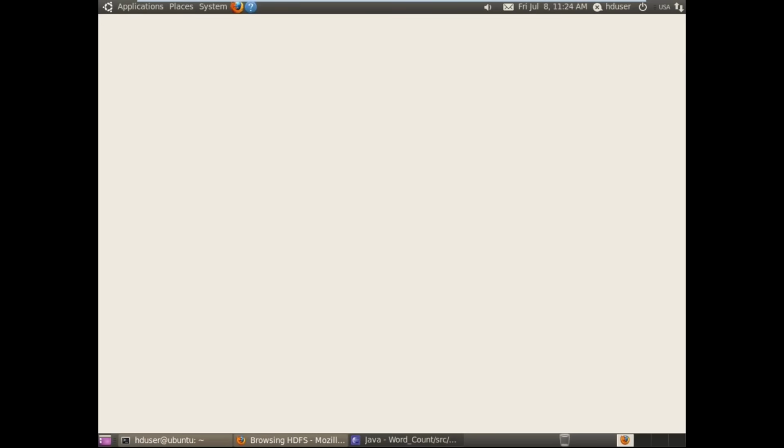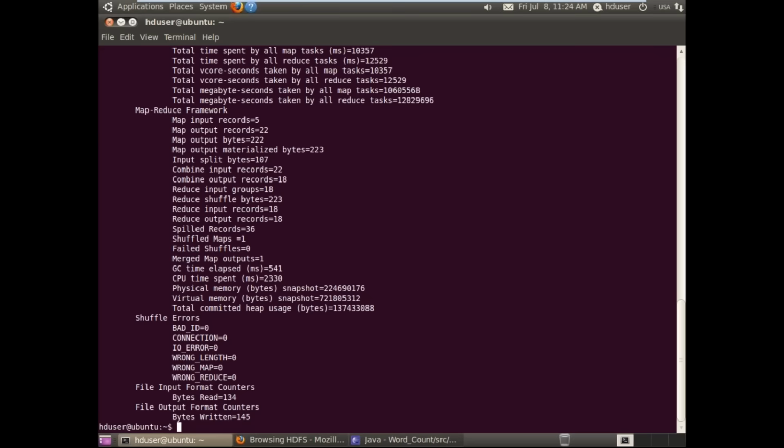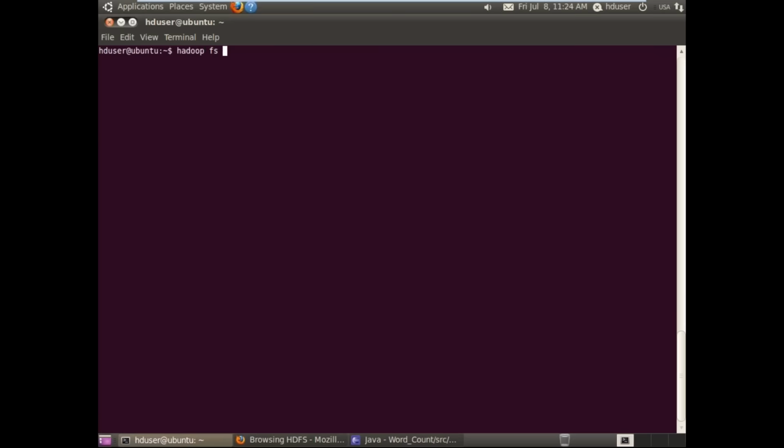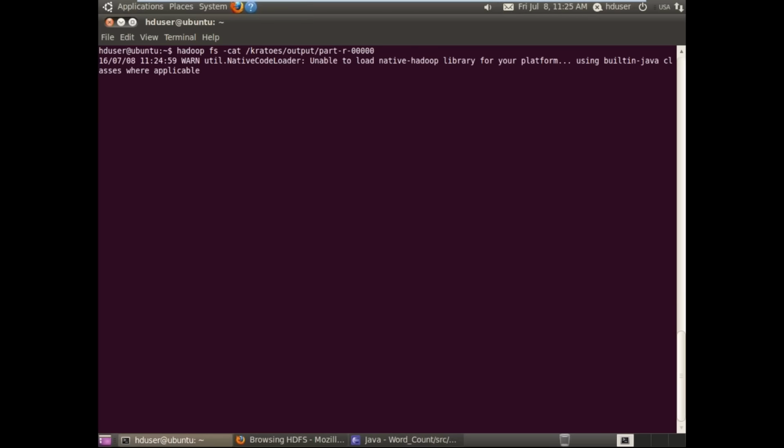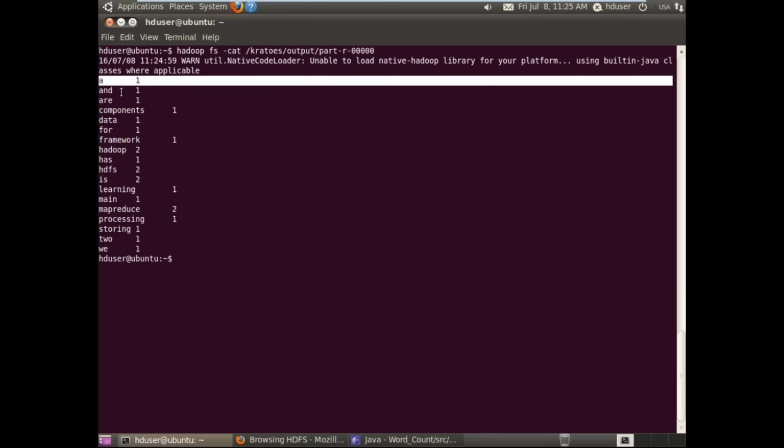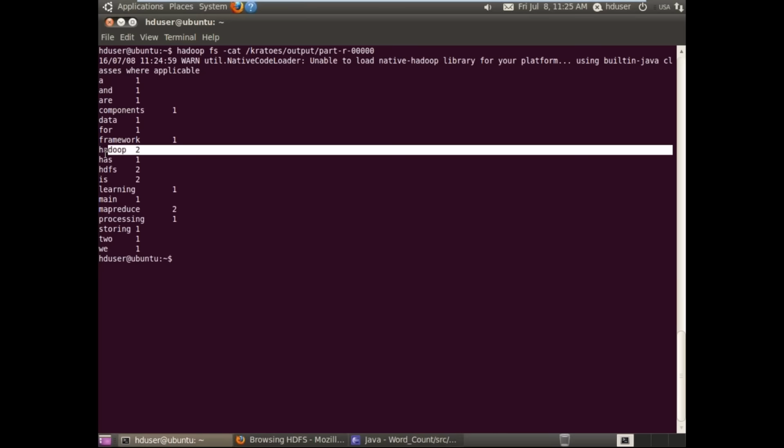If I were to read that file, I would say hadoop fs -cat /output/part-r-00000. So you can see the result here. So this is the result. A appears one time, is one, are one, components one, and Hadoop is used 2 times. So if I go to check the data, I can just use